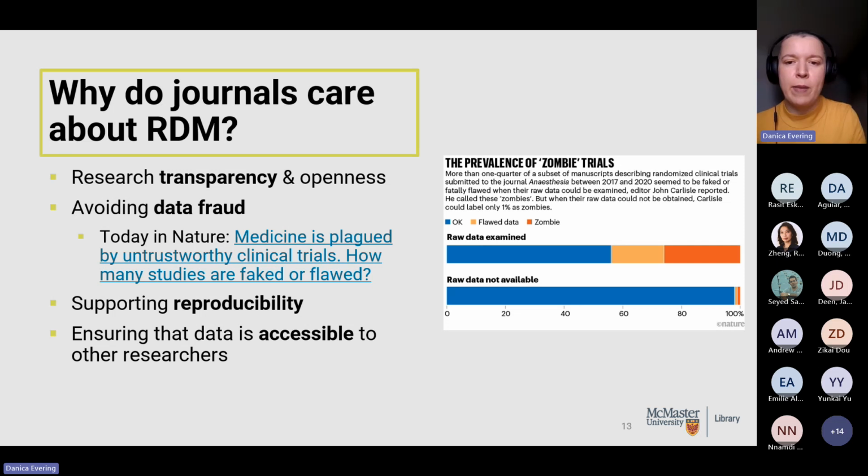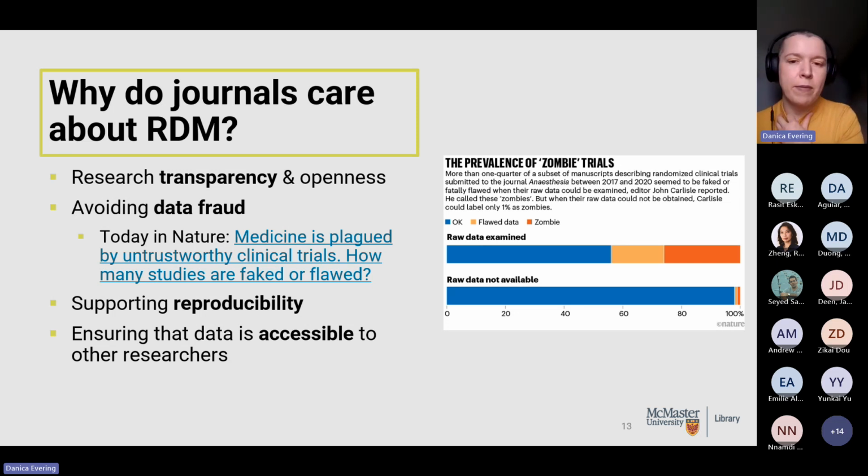And 26% of papers had problems that were so widespread that the trial was impossible to trust, either because data was faked or because it had too many errors in it. So he's talking about this idea of zombie trials, which is topical for Halloween, that at first glance appear to be real research, but then when they get closer to you, are like a reanimated shell masquerading as reliable information.